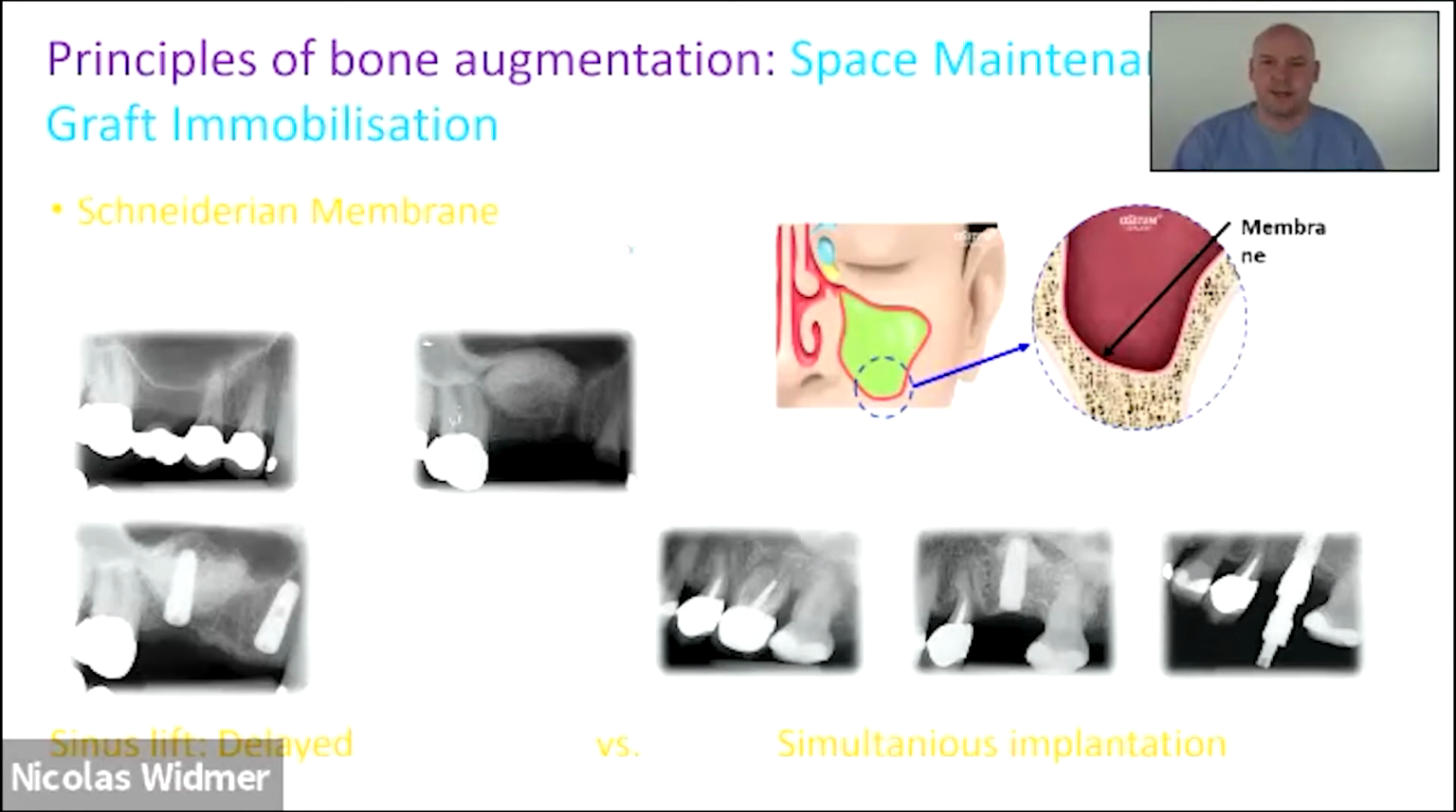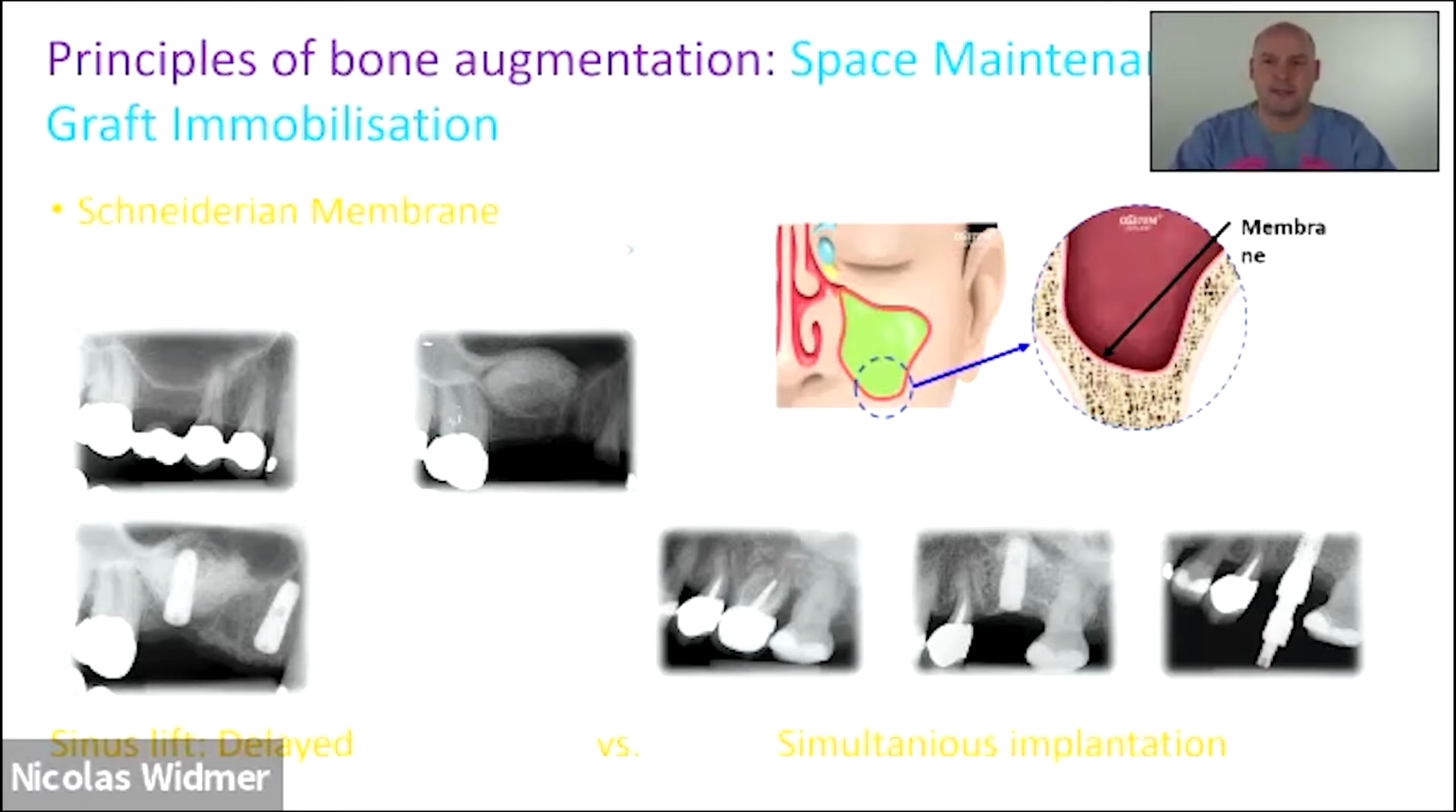Before I mentioned the Schneiderian membrane in the sinus. When we do sinus lift with EthOss, we see better results when we do simultaneous implantation. Because it is difficult to harden the EthOss in the sinus with the gauze, it's maybe not getting rock solid in the first moment. But when we place an implant together with the EthOss, the implant itself is working as a tent pole and